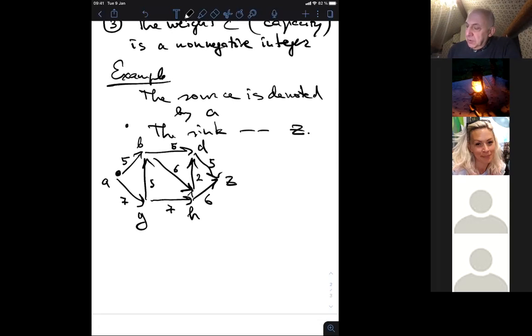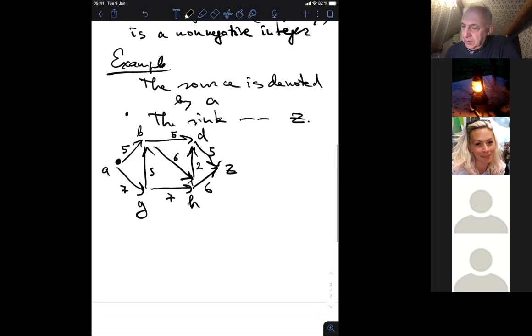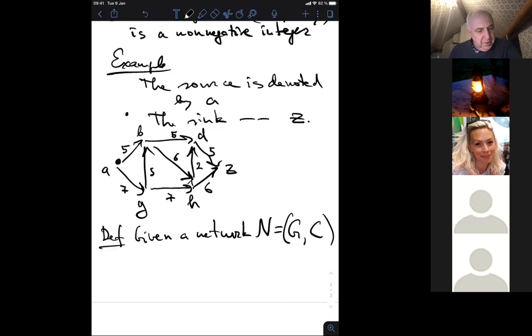And now, what is a flow in a network? Given a network, say capital N, which consists of a graph and this capacity function C, with the source A and the sink Z,